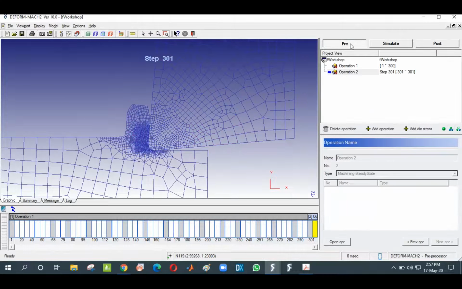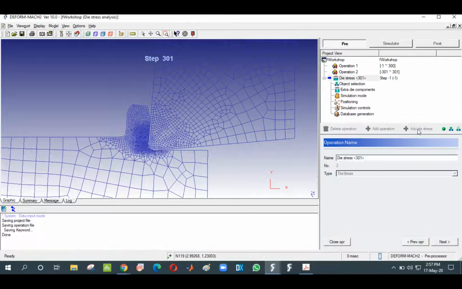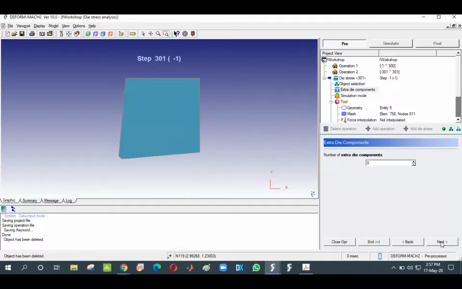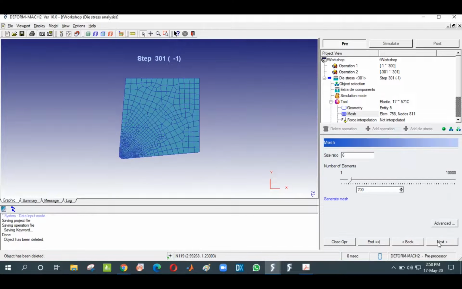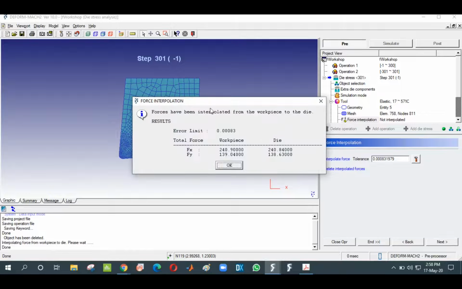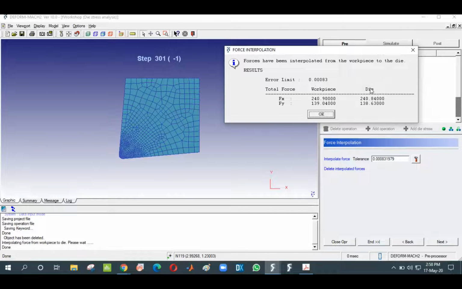Now die stress, next, tool next. Die stress is isothermal, then next, then interpolate force. So here is the force interpolation. So this is what we are going to do in the two-dimensional machining simulation